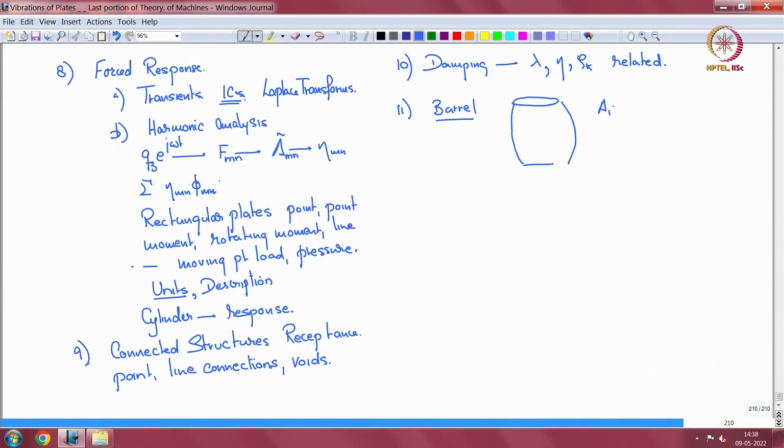You could take A1 to be 1 approximately, A2 to be A. This diameter is A, I mean this radius is A. Then you can take R1 to be R and R2 to be A. Now you can take R1 as minus R also, then you will get this sort of a system, like a wine glass or something,